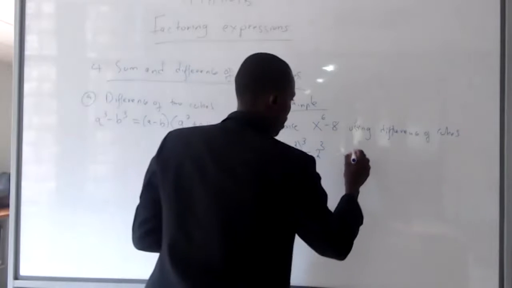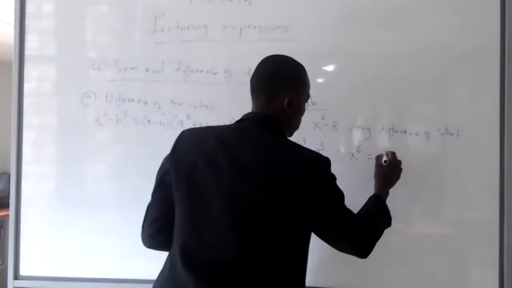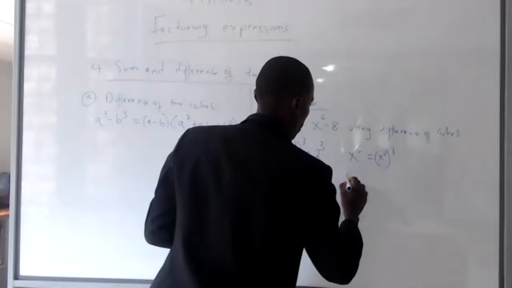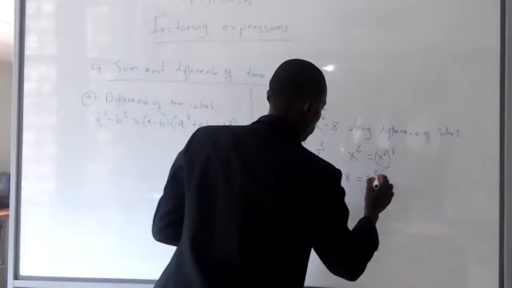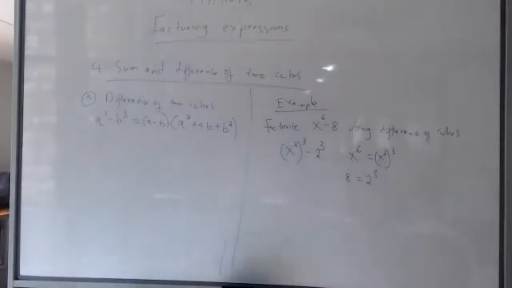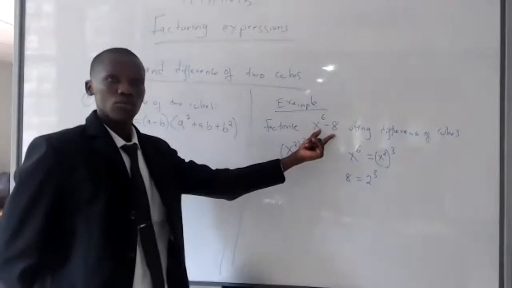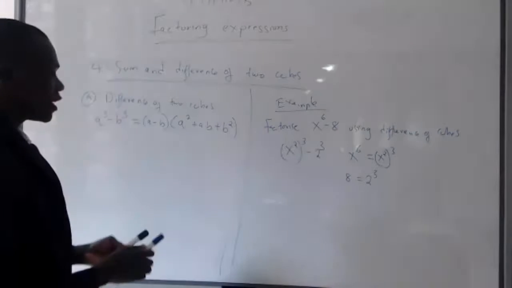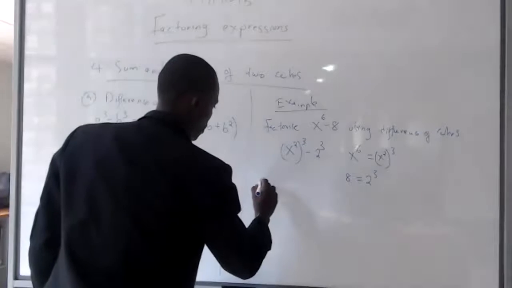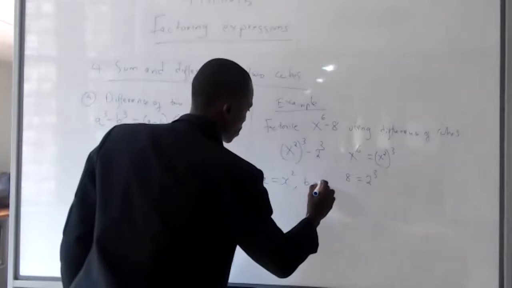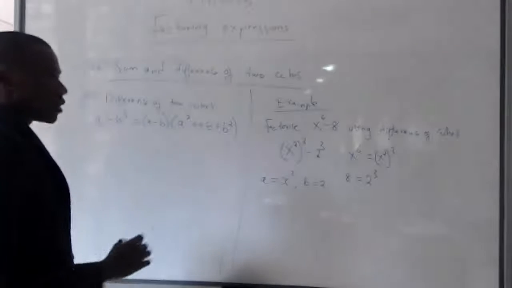So here x power 6 is the same as x squared cubed, and 8 is the same as 2 cubed. That is the first step. Write it as a difference of cubes. Then identify your a. So in this case, a is x squared, b is 2. Well, therefore,